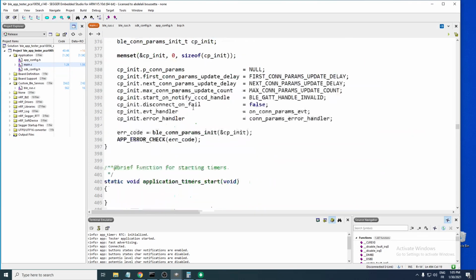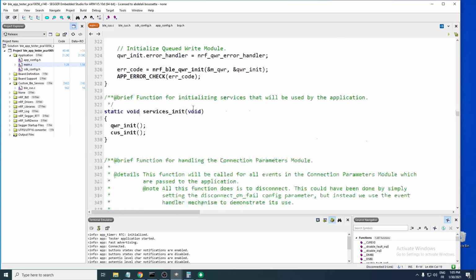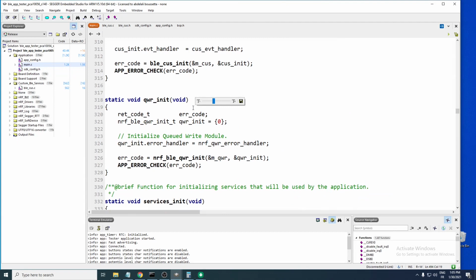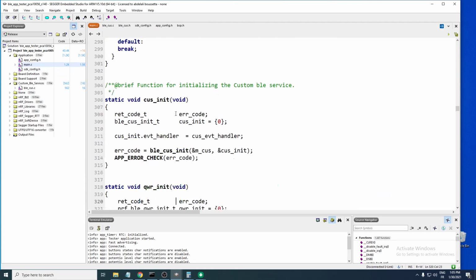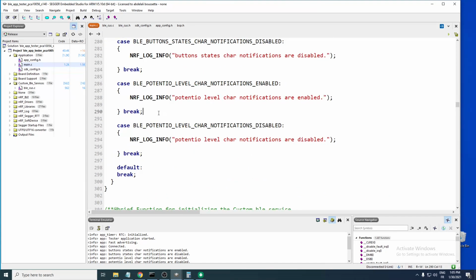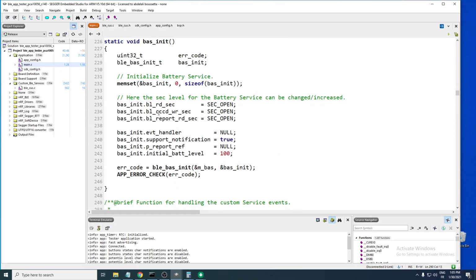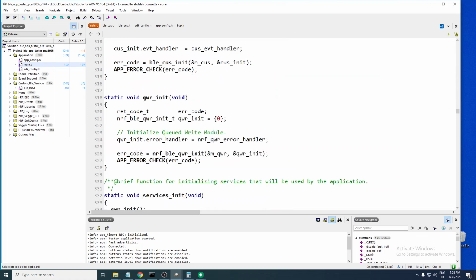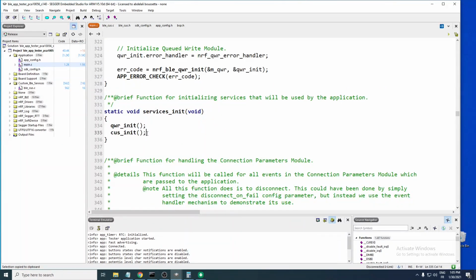Okay, cool. Now we'll be adding the battery service. Let's make it a little bit bigger. This is the custom service. Okay, we've added the battery service. This is the battery init. Cool. I will just copy this one and put it right after the custom service init